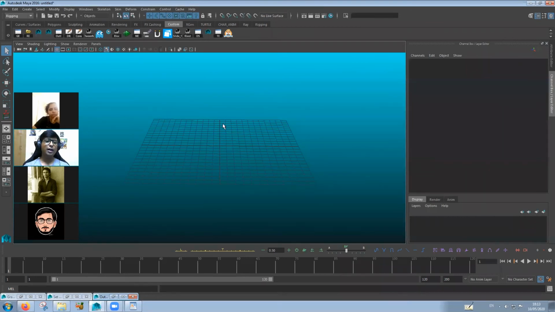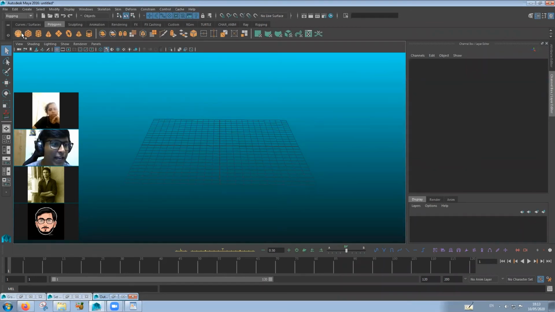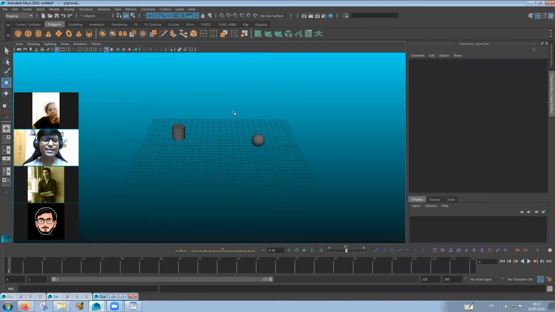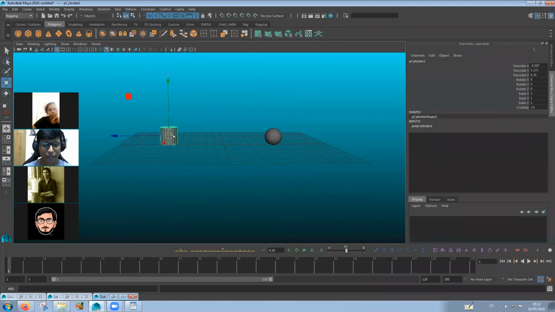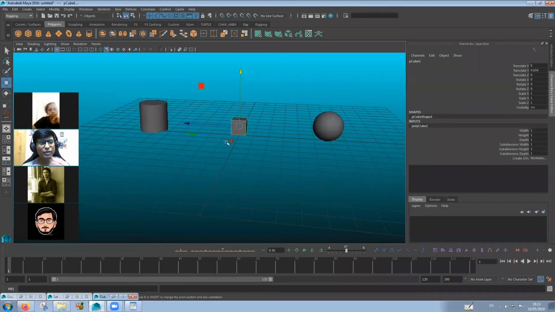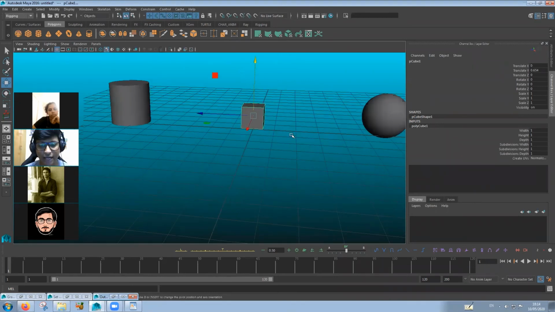Everybody has this problem while animating. A lot of juniors have this problem, and a lot of seniors also face this problem sometimes. That is the multiple constraining option. For example, if you have an object which doesn't have many controllers, but you have to switch it from one hand to another hand, or from one character to another character, that causes a lot of problems and you're not understanding it.